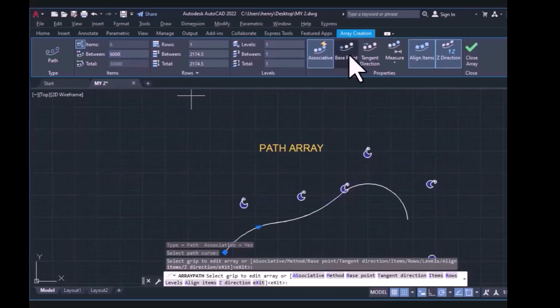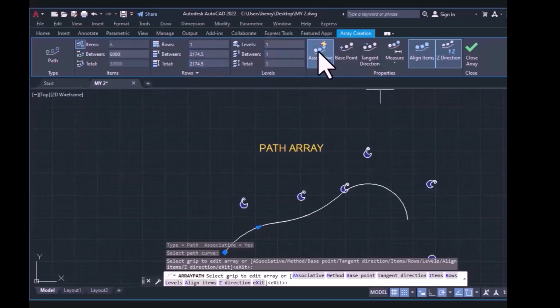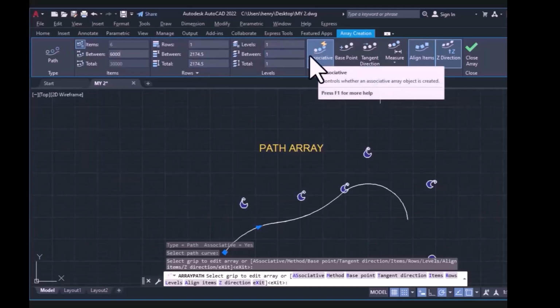Okay, notice as I reduce the distance, it had an effect on the number of the objects along this very path. Okay, I can decide to change the row, change the distance, and the rest. So when I'm satisfied, okay, over here is also